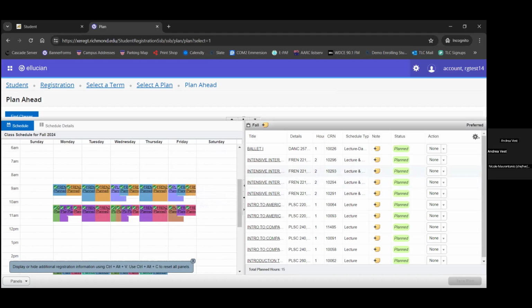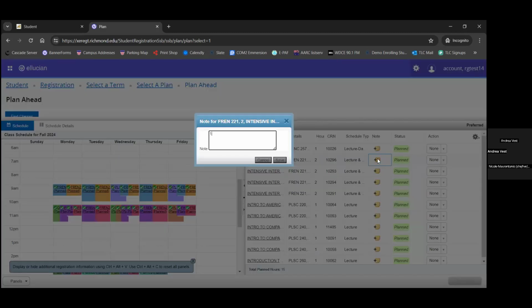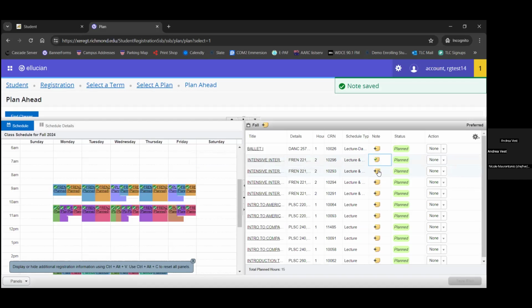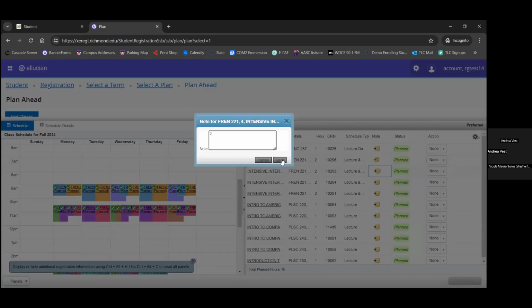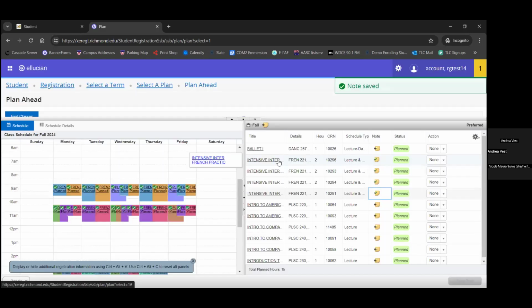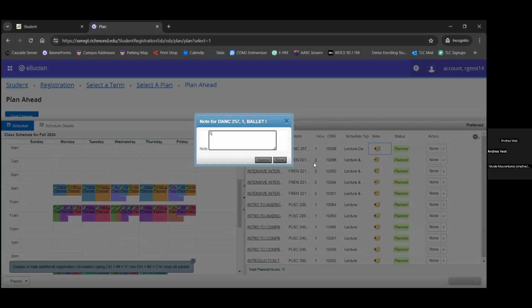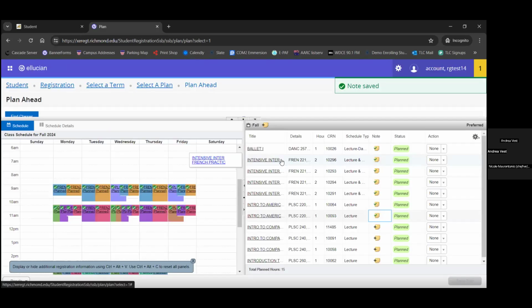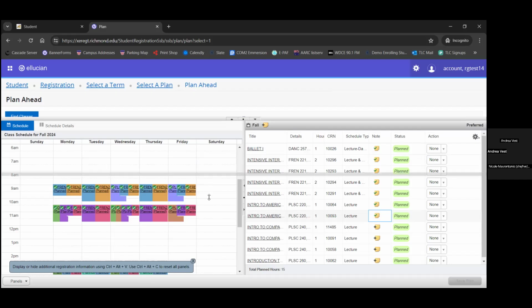So at this point, though, we are going to try to create the rank order for this plan. So this is entirely up to you, but of course, rank order number one, the course that you're most interested in. So because the intensive language that meets 7 times over the course of the week is pretty challenging to schedule around, I'm going to rank order those sections highest. And then move to ballet and government. Now, again, we're just using this as an example. You can certainly play around with how you rank order your plan.